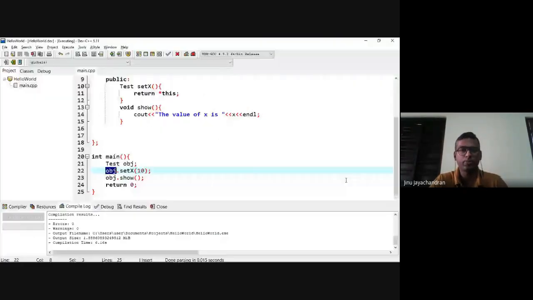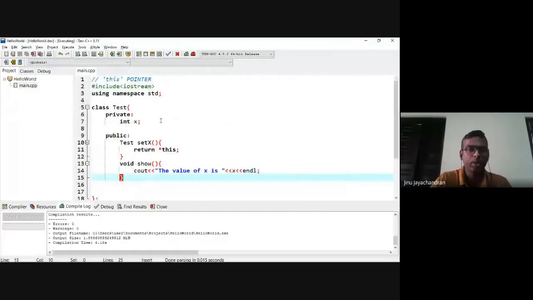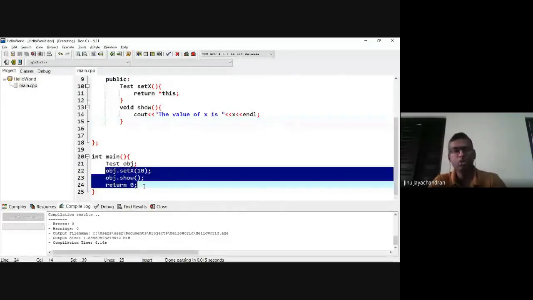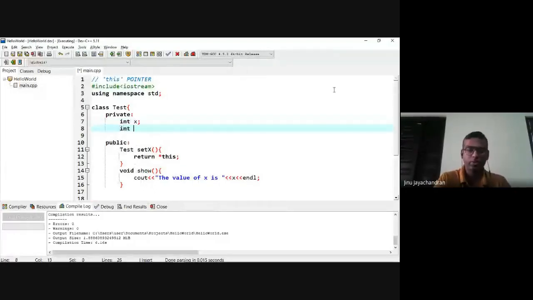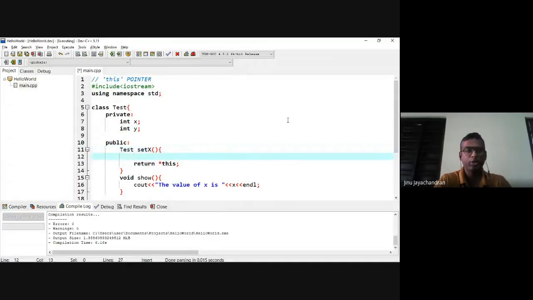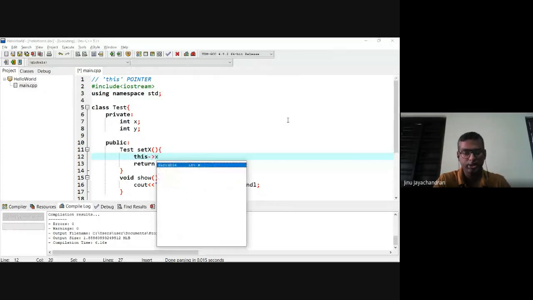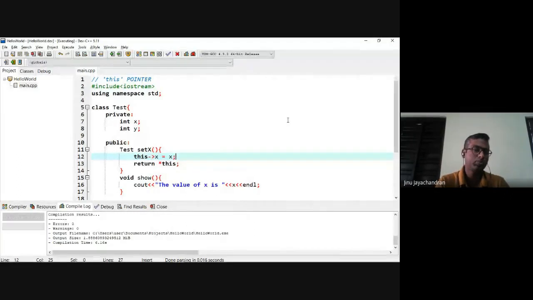Let me write the program so that you will understand that. The class is test. Let's say I have two variables, int x and int y. Now let's say I have setX, in which I am setting the value of x, which means this->x is equal to x.